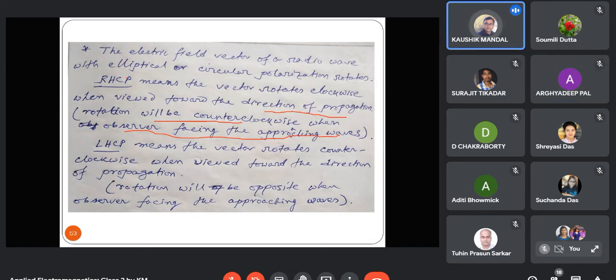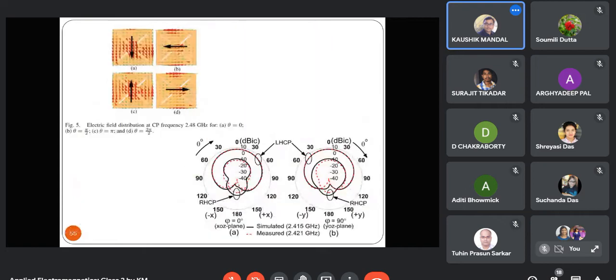বুঝলাম। এবার তাহলে বলো, I am going to this particular example. Suppose this is the electric field plot for a particular CP antenna design. To identify the sense of polarization, we have plotted the electric field vector at 4 different times or at 4 different theta. Theta টাকে তুমি t এর টার্মসেও লিখতে পারো, t equal to 0, t equal to T/4, t equal to T/2 and t equal to T.